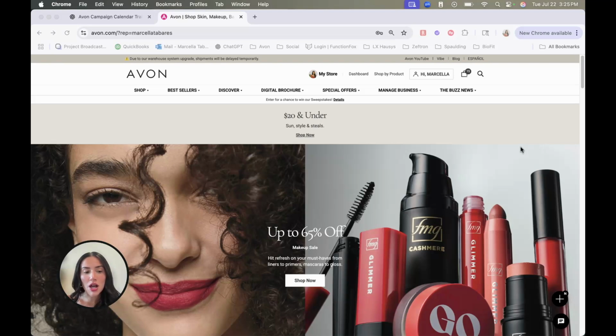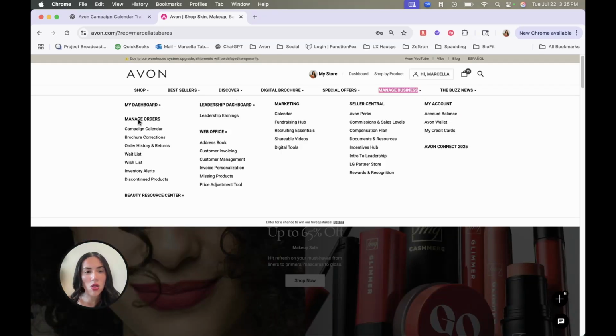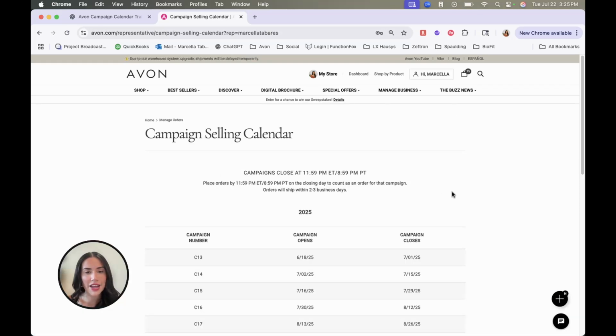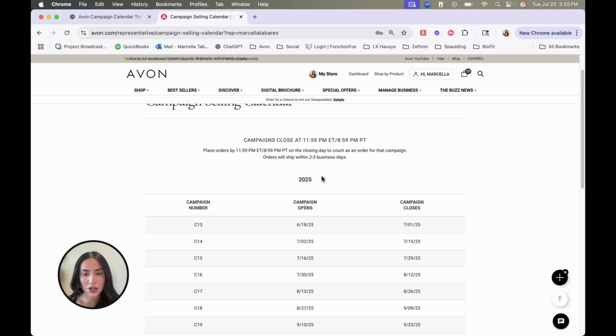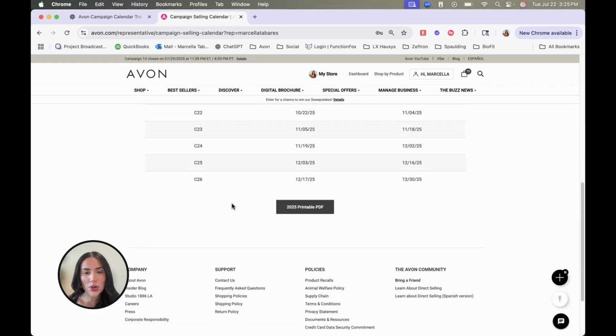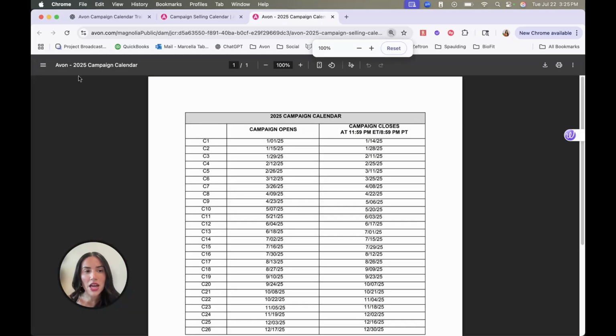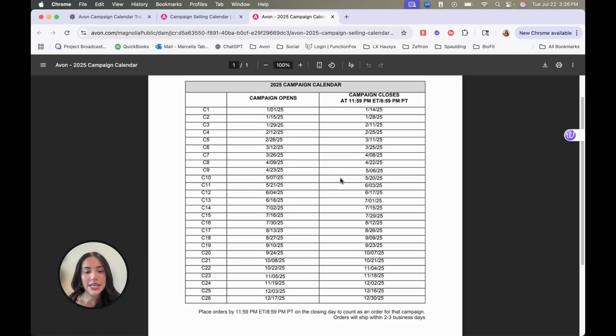Okay, so you want to make sure you're logged into your Avon account. Once you're in there, you are going to head over to where it says Manage Business at the very top. And then all the way over to the left under Manage Orders, you will see the first little thing here says Campaign Calendar, and go ahead and give that a click. So here you'll see the Campaign Calendar. What I suggest you do is scroll all the way down and click where it says 2025 printable PDF. And then you will want to go ahead and save this document to your computer, your phone, or print it out. Now, here you will see it gives us the campaign starting from campaign 1 all the way through to